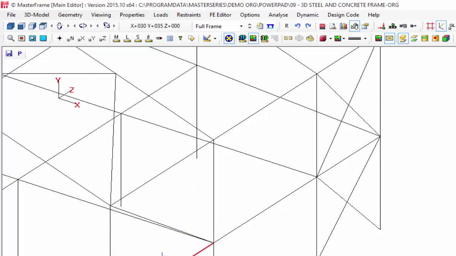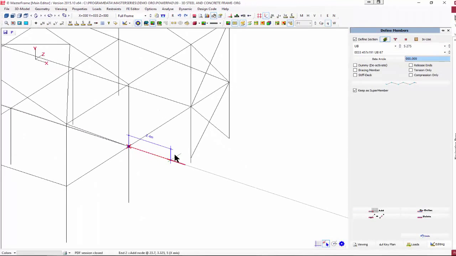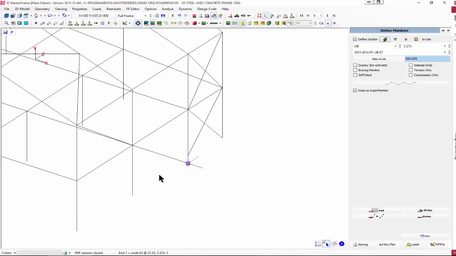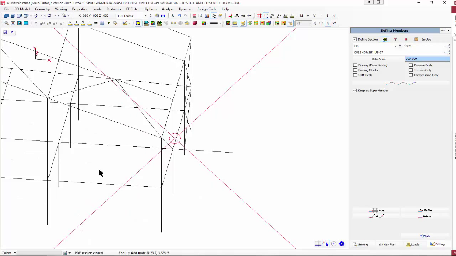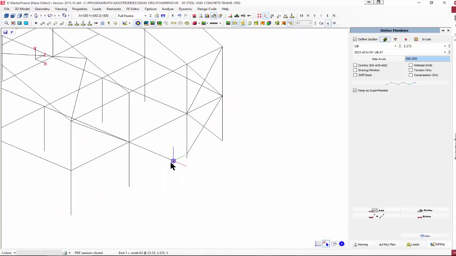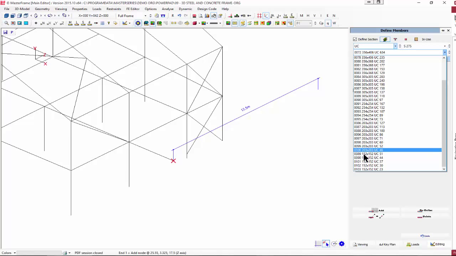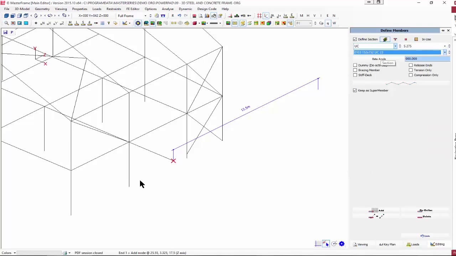So I want to come along and I want to take from here, I want to come straight out 3.4 meters. But if I want to, I can make that 3.55 meters. So as you can see, that is a projection from here orthogonally. So I want to just drop down another member, and all the time I could be changing here to different section sizes. So for my column, I could turn around, make that a UC, and make this a wee 203. And from here I will drop down and I'll just hover over and